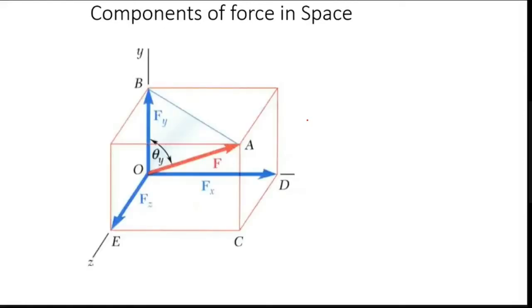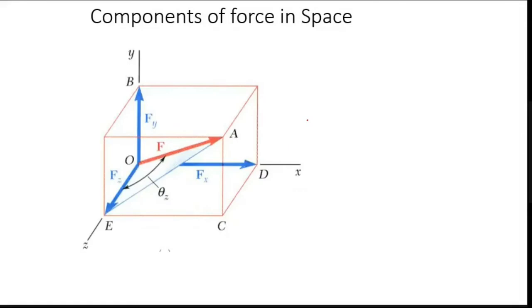This is for theta y and it is for theta z. When I bring it, everything is in terms of cos, because everything I am relating in terms of cos is easier than sine. It's confusing: if theta x is the sine angle with respect to the x-axis, what will be theta y with respect to x, or theta z with respect to x? It will be very confusing, so we identify everything in terms of this.